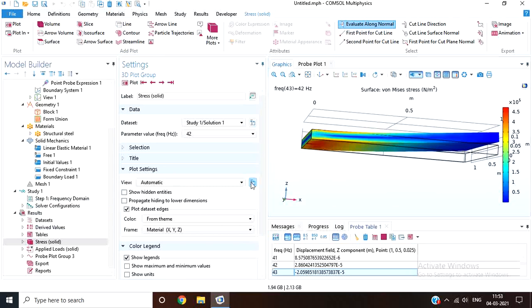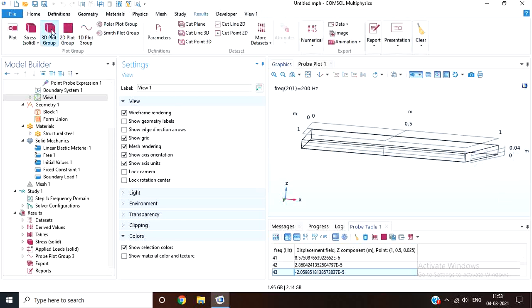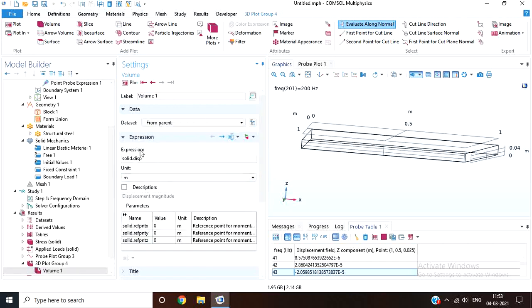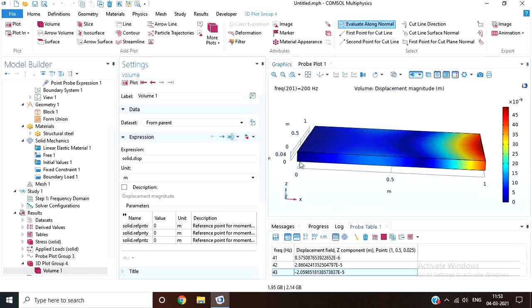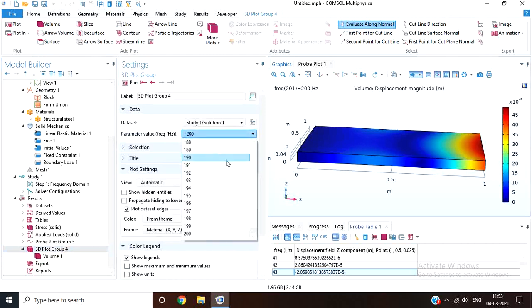You can also check the displacement plot. So in results you can go for 3D plot group, and for volume plot solid displacement is already selected. Let's see the displacement plot for 42.